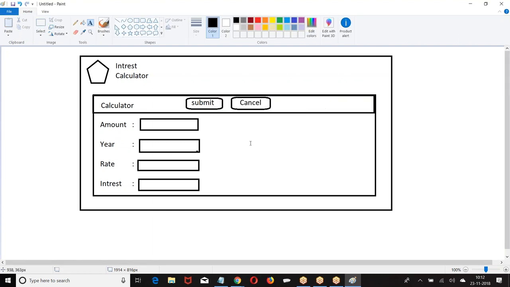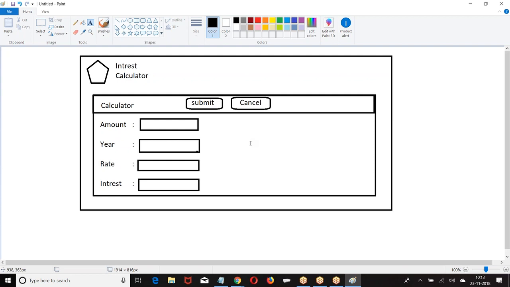Now first start with the Apex class. Whenever we are going with the page with Apex class, we have to start with Apex class first, then come down to the VF page. In the previous example I stored in the VF page to understand. Right? So always start with the Apex class. Now tell me how many variables you require in the Apex class? You require variables for storing amount, year, rate, interest.